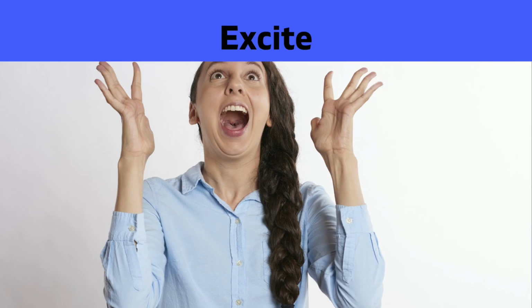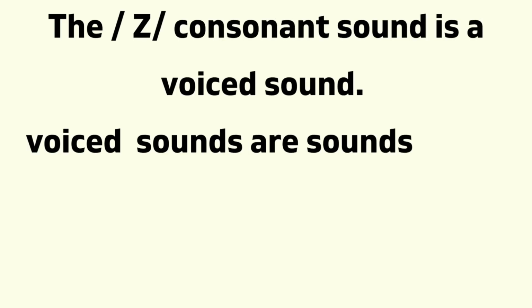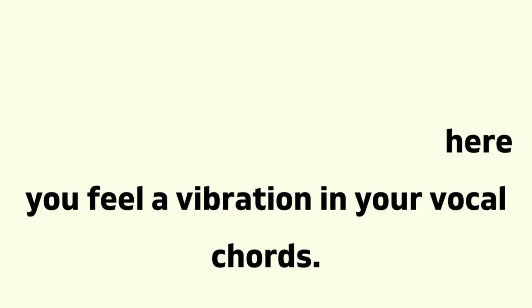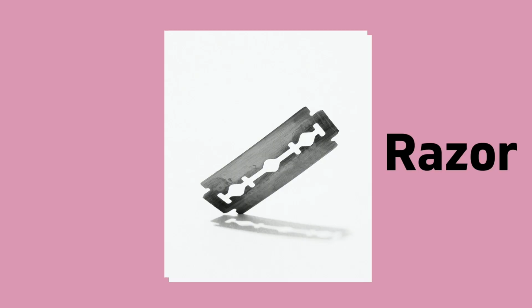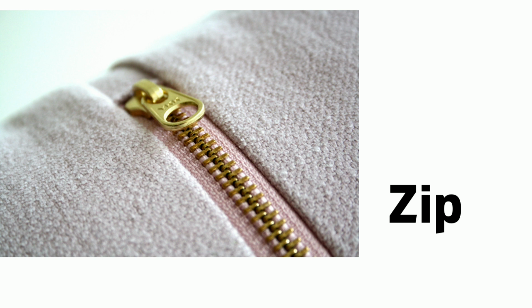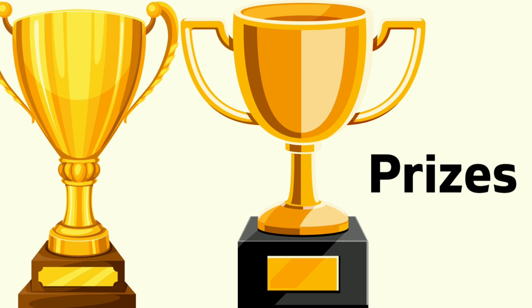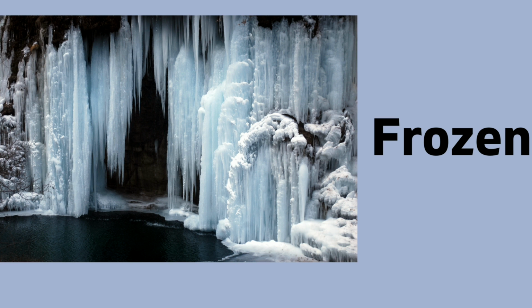Then the next sound is the Z sound. The Z consonant sound is a voiced sound where you feel a vibration in your vocal cord. Examples, you have rose. You can get a vibration as I pronounce this word. You have the word razor, zip. Zip, there's a vibration. Prizes, frozen,